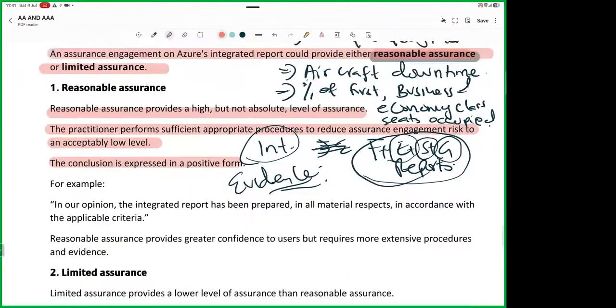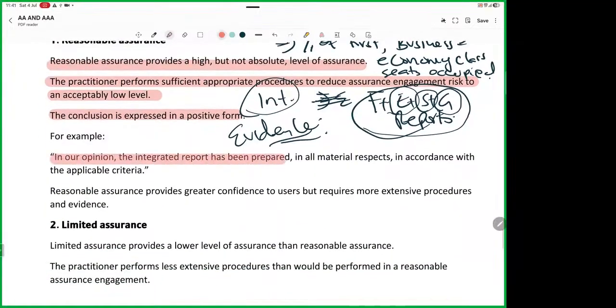Yeah, in our opinion, the integrated report has been prepared in all material respects in accordance with the applicable what here? Criteria. Or rather, the integrated report portrays a true and a fair view. So that's positive. Reasonable assurance provides